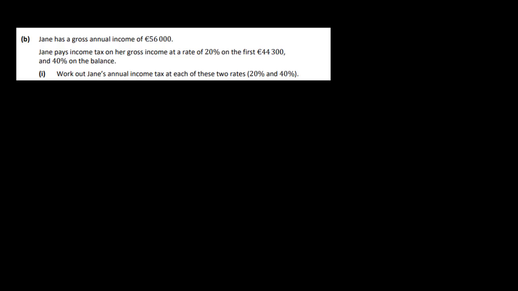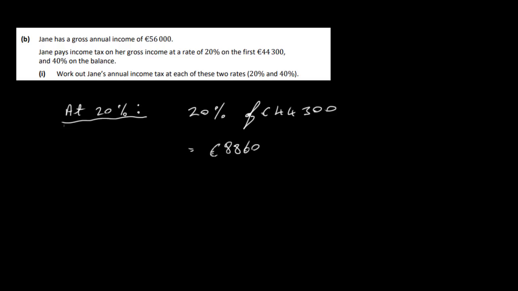So at 20%, then she has to pay 20% of 44,300 euros. So that is 8,860 euros. At 40% then,